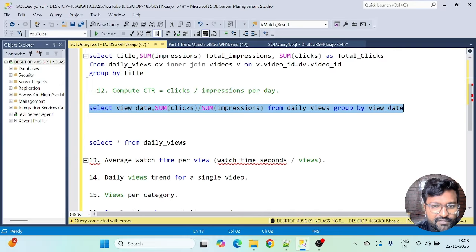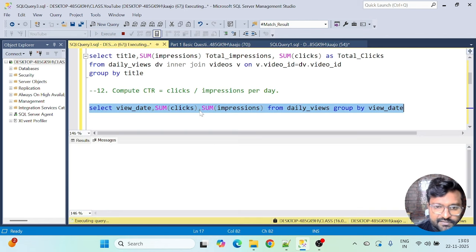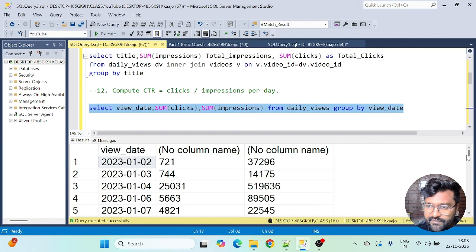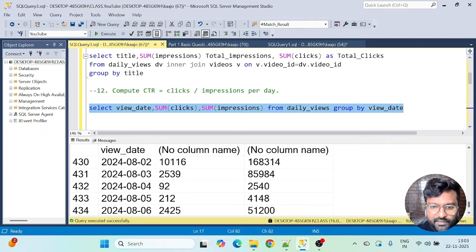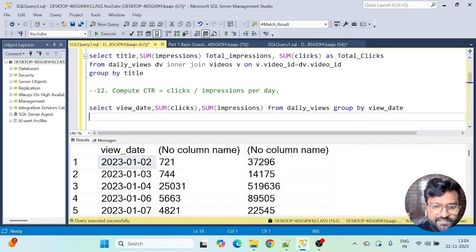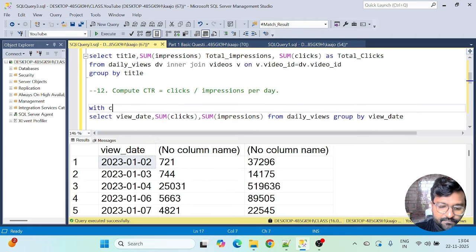Okay, so we have got a divide by 0 error. Now we have to figure out what the issue is here. That means somewhere we have got sum of impressions as 0 as well. I have to see how come. I was not expecting a division by 0 error. Hold on a second. Let's take a CTE first.